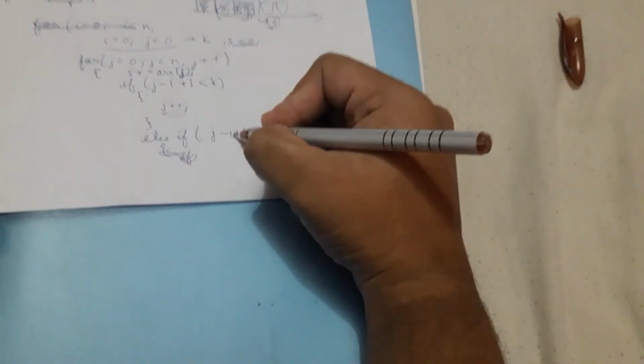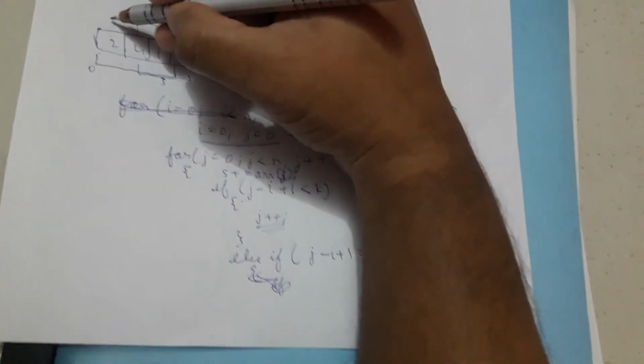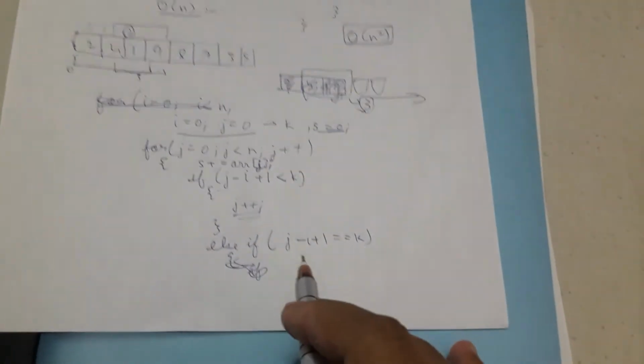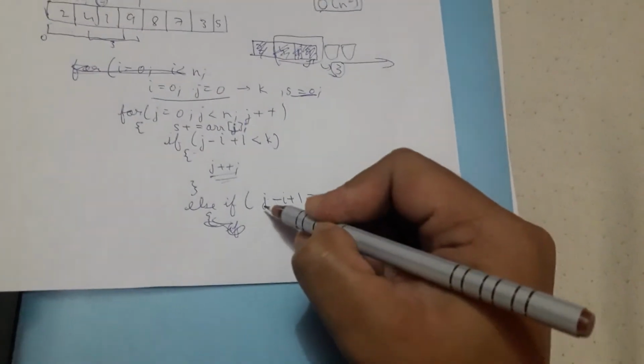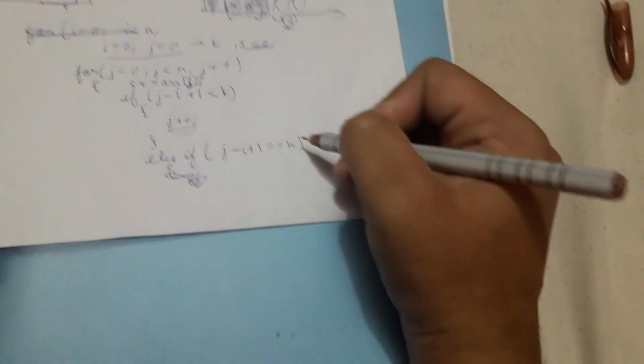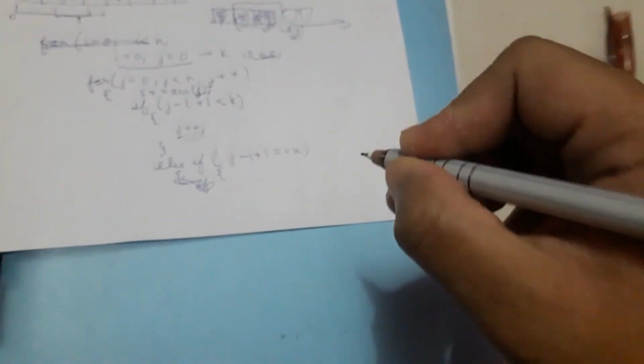Since each time we are updating the value of j, we do not want j to exceed the window size. The window size we have taken is 3. So j will go from 0, it will go to 1, and then it will go to 2. So when it reaches 2, I want to ensure that 2 minus i, where i is initialized to 0, 2 minus 0 plus 1, should be equal to the size of the window. So when it reaches the size of the window, I will do some modification.